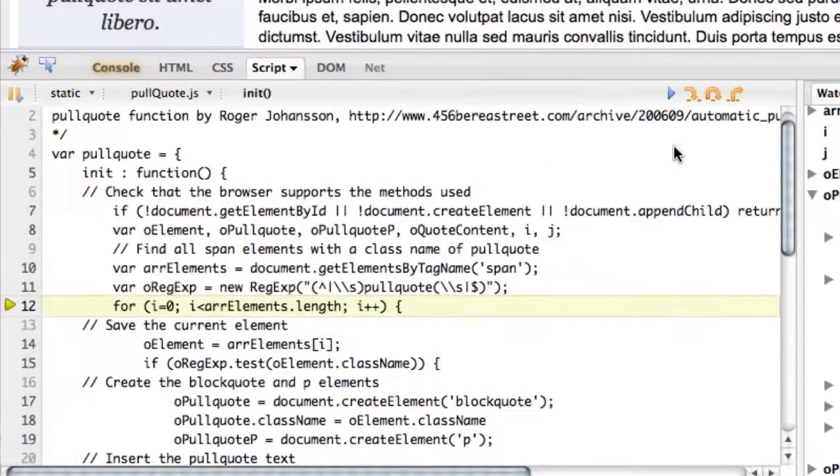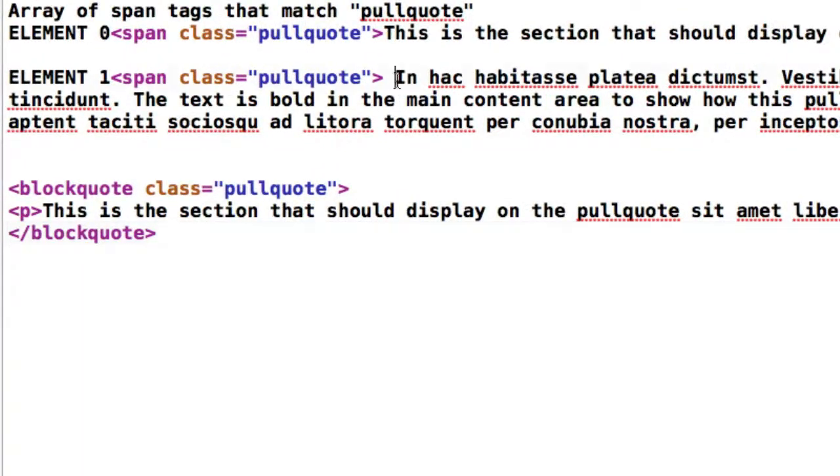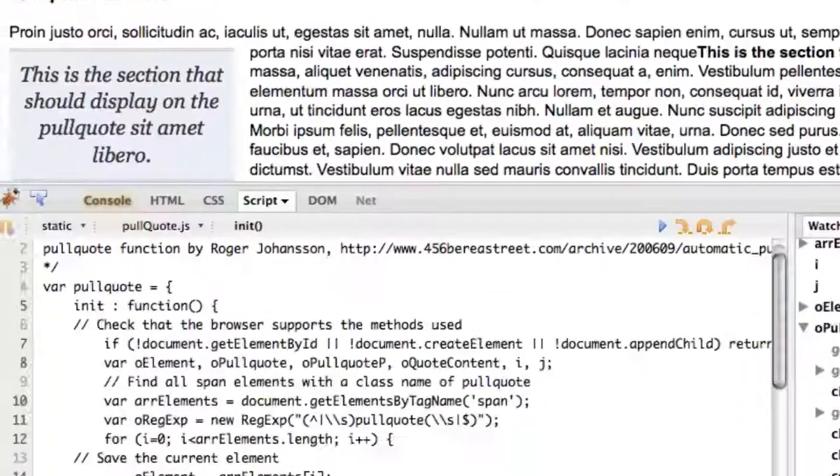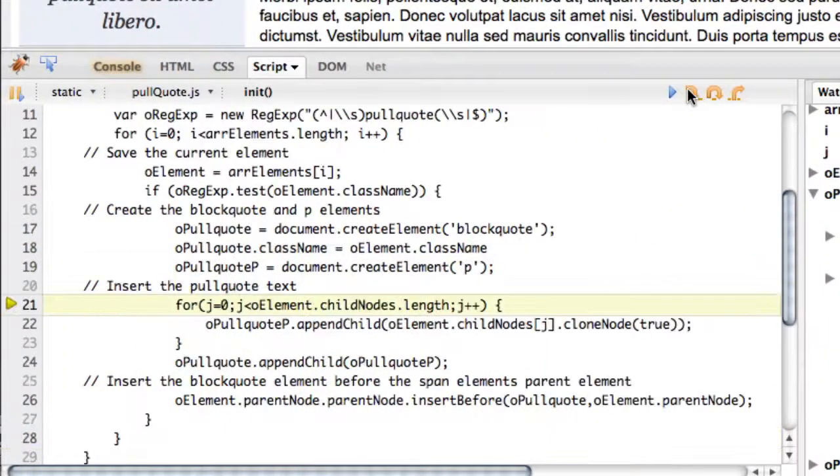Now we're not done yet because we have two of these, so we're going to go through, check regular expression, make sure it matches. We're going to do the same thing, only this time we're going to use the second one. So we're going to use this text right here. We go through the same process,